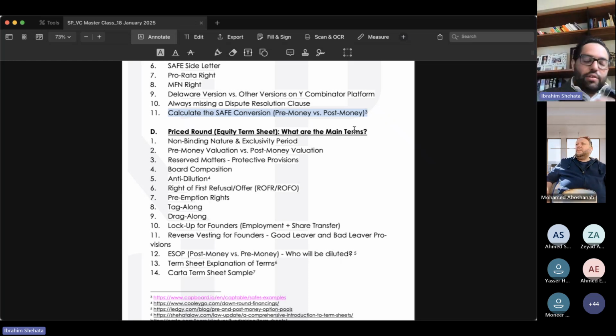How does the equity round start? It starts with a term sheet, and the term sheet is usually a non-binding agreement with some exceptions. The most important exception is usually the negotiation period or the exclusivity period. What does this mean? The term sheet basically summarizes most of the commercial terms and says that